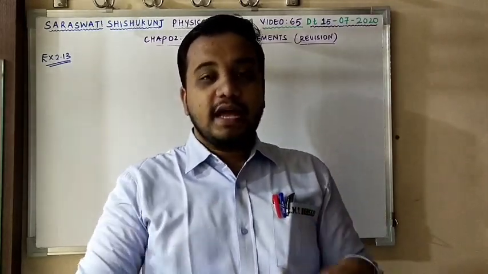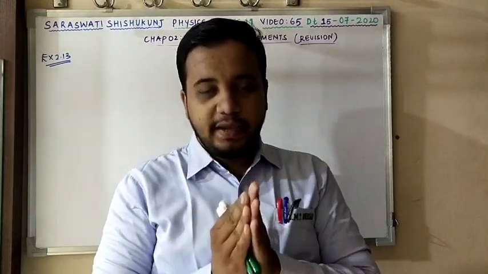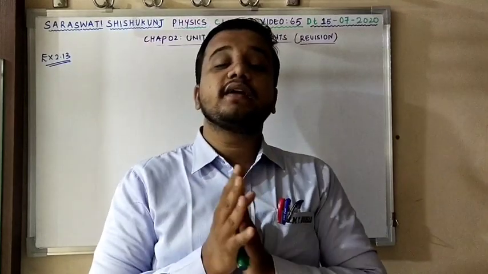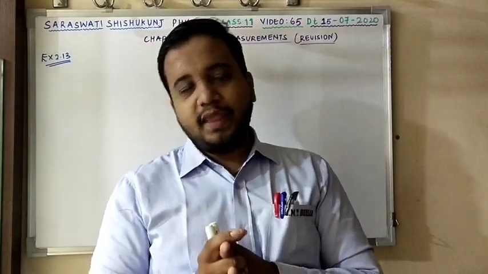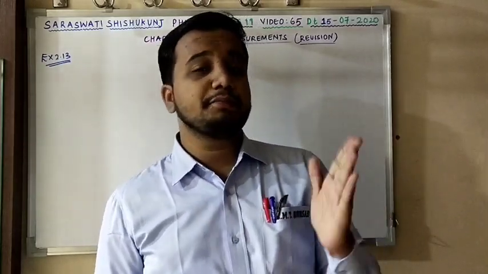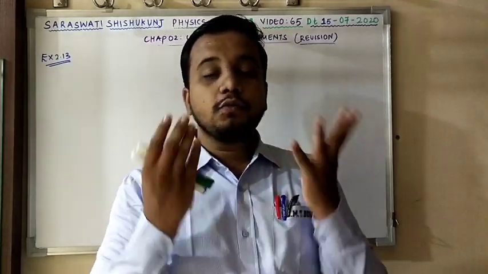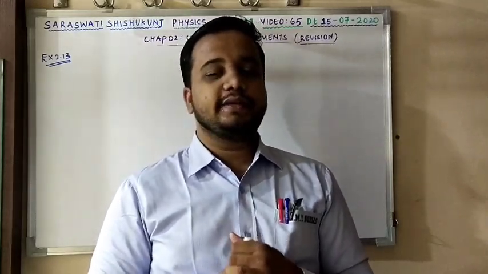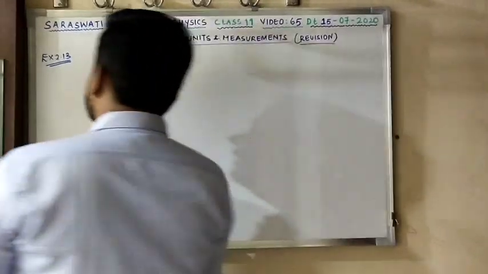Now they are asking, using the relation of the quantity P associated with these 4 observations, you need to calculate the error in what? Quantity P. And they are saying that the measured value of quantity P is 3.763, to what value should it be rounded off? Clear? That is the question. Now moving ahead, I am writing the data.